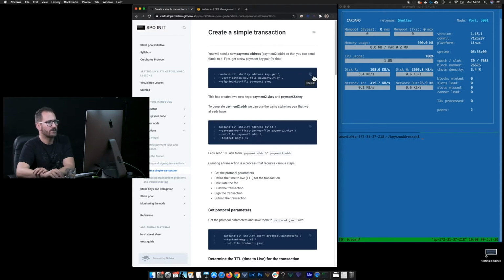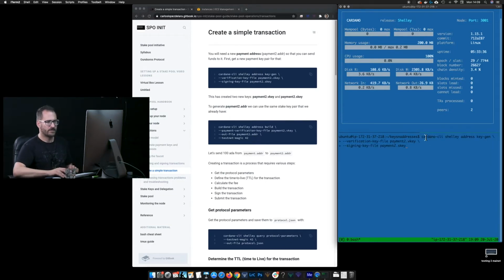So for that, we will first create a second payment address, and we are using, as before, the Cardano CLI Shelley address keygen to generate a second key pair so that we can then derive or build an address for that. Okay, so let me just come here and grab, as usual, our Cardano CLI Shelley address keygen to generate that second set of keys. And note that this time I am using payment2 as part of the name